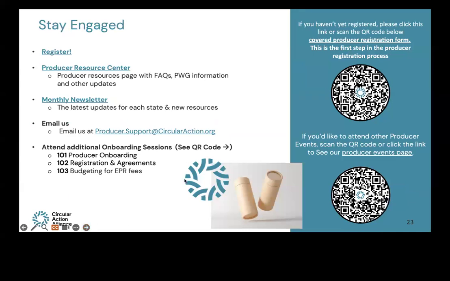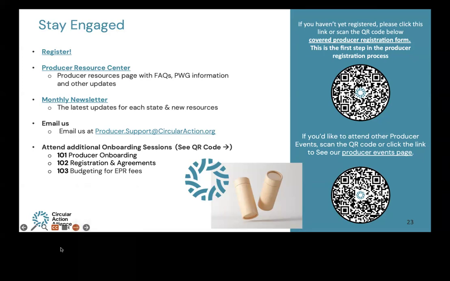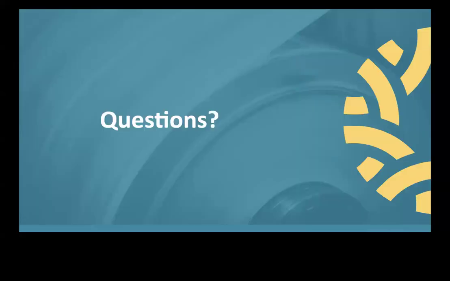So, how to stay engaged? First step after the session, if you haven't already done so, is to register. Additionally, you can access our Producer Resource Center on the website. We have a wealth of information and help to help you out through the process. We have a monthly newsletter you can sign up for that will keep you up to date on the latest developments. As we mentioned multiple times, you can email us directly at